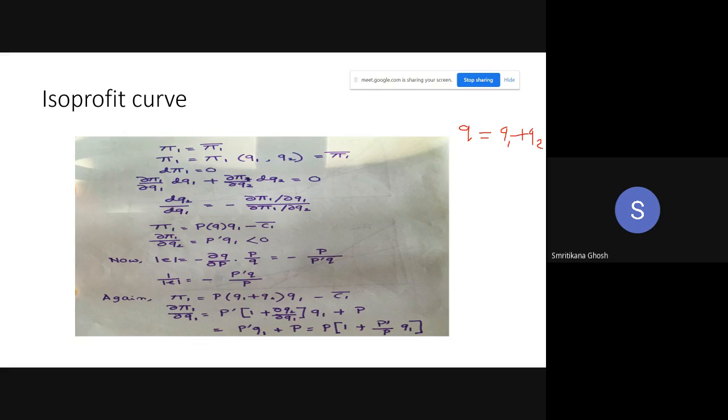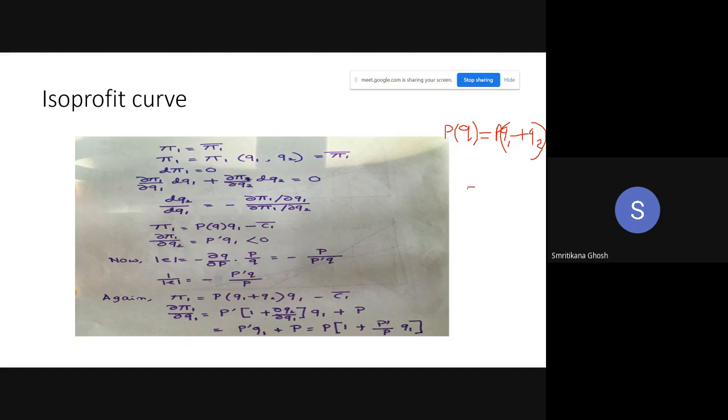P is a function of Q, so P is a function of Q1 and Q2. So if you differentiate P with respect to Q2, first of all, you will get